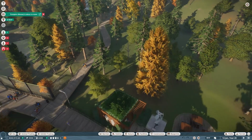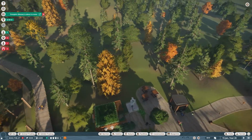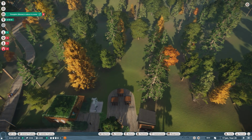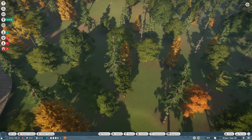Oh, and Pumpkin the Moose is about to mate. Excellent. So I think we'll make them like a cute little secret forest over here, like a little OKAPI secret forest, where people can come and see the very, very shy OKAPI. And we will try to make it...